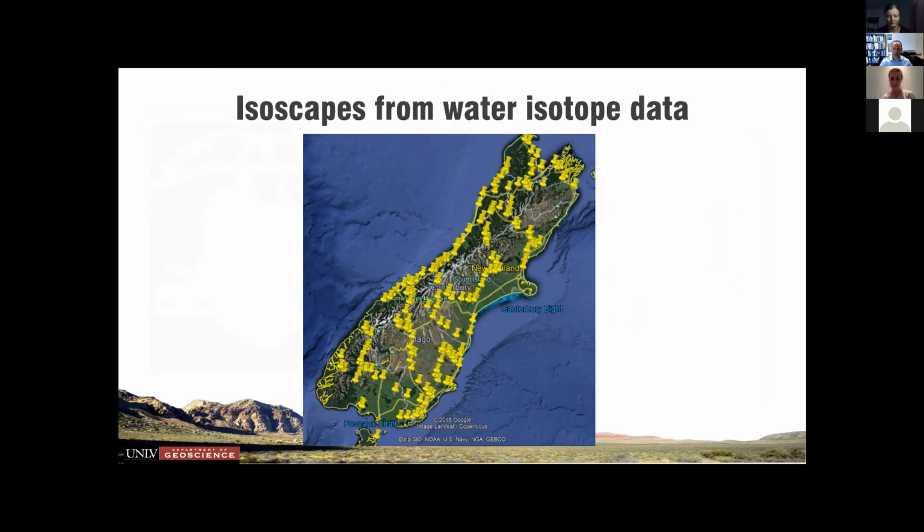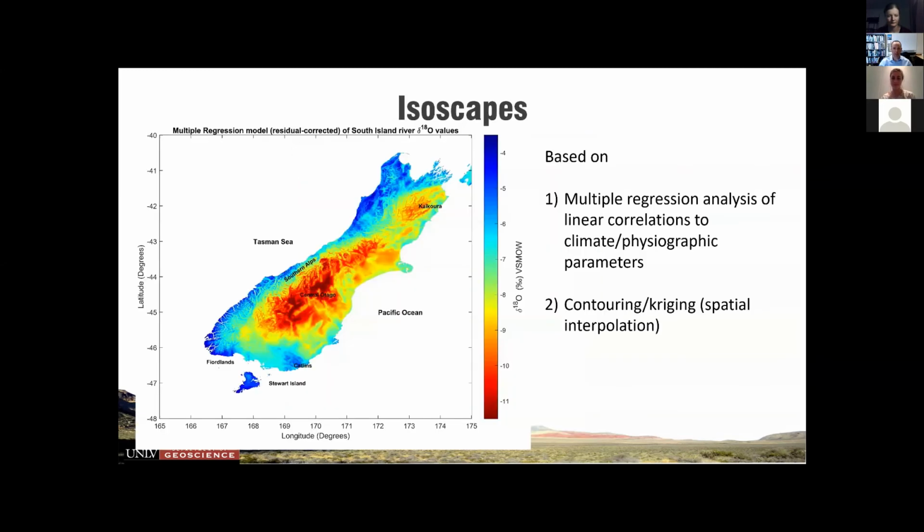So this is just one example of using surface waters to try to look at the oxygen isotope variations. This case being the South Island of New Zealand, and then you can come up with maybe some sort of model, and you can model the oxygen isotopic values geographically based on the spatial sampling. Okay, so in this case, it gives you actually predictions of what the delta 18O values should be in different